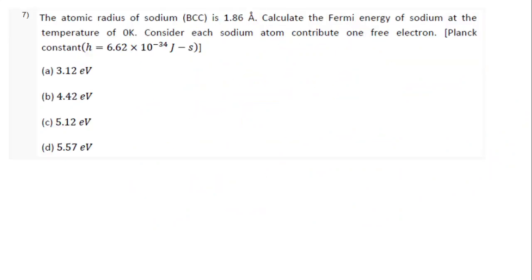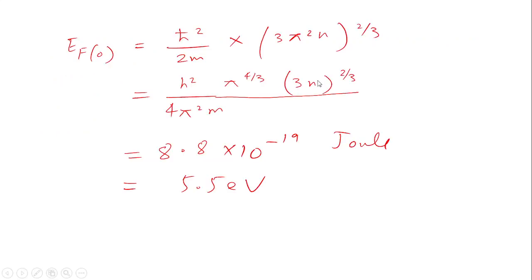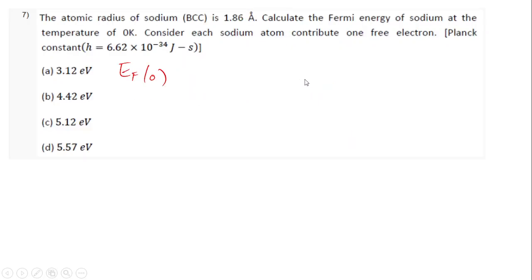Okay. Next question is, so we have atomic radius of sodium BCC is 1.86 angstrom. Calculate the Fermi energy of sodium at temperature of 0 Kelvin. Again we have to calculate Fermi energy at 0 Kelvin. Consider sodium atom gives one free electron and it's BCC. Okay, I have to calculate. Okay, to calculate this Fermi energy, I need electron density, electron per unit volume. Volume means